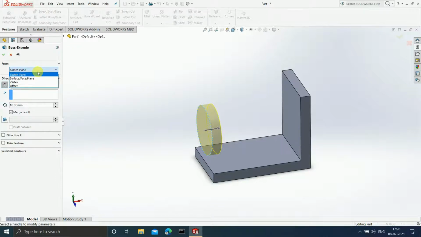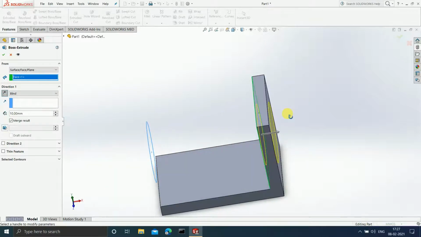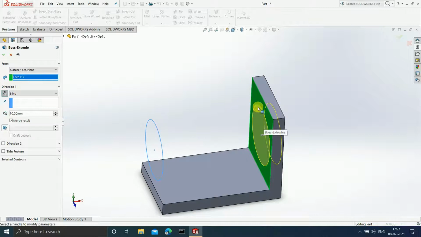Now, see, we have done the sketch plane. So now I will explain you all what is surface or face. Okay. Now if I select this surface or face plane, it will ask me from which particular face or surface you want to start your sketch. So if I select this, see, now what is happening, guys? The extrude is going to start from this particular sketch.